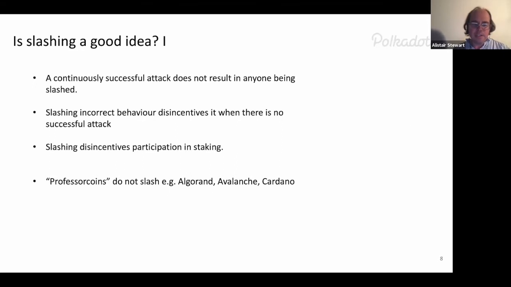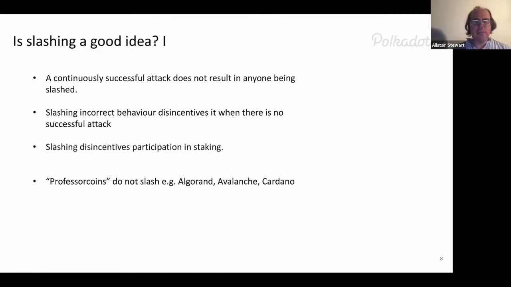It tends to be blockchain protocols that come from academia, like Algorand, which you mentioned we're going to talk about next week, Avalanche, Cardano, these so-called professor coins, in which people don't slash. And the reason for that is mostly because they publish papers. They say this protocol is correct if 2/3 of people are honest. They don't analyze rationality, just honesty. And this is what they can prove, that it's correct under honesty. And then you can make the argument, why slash if it just disincentivizes people.